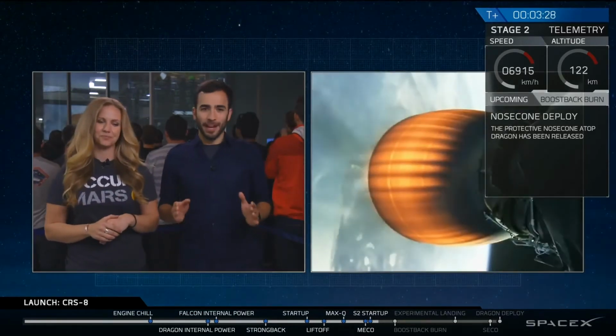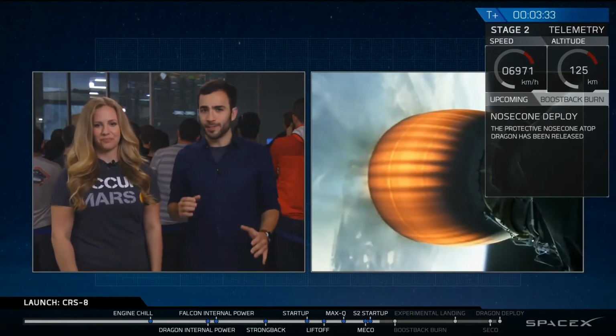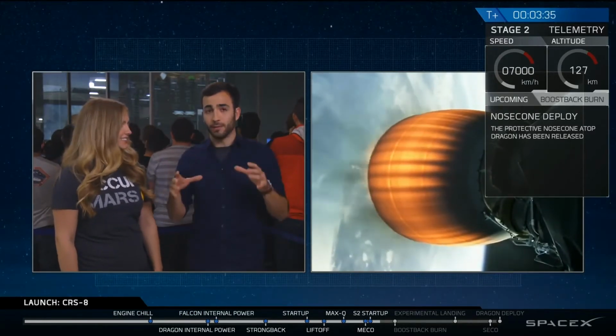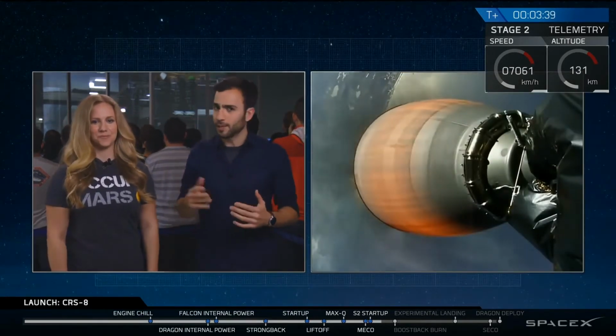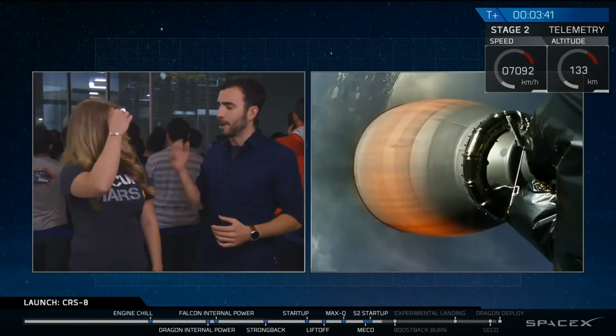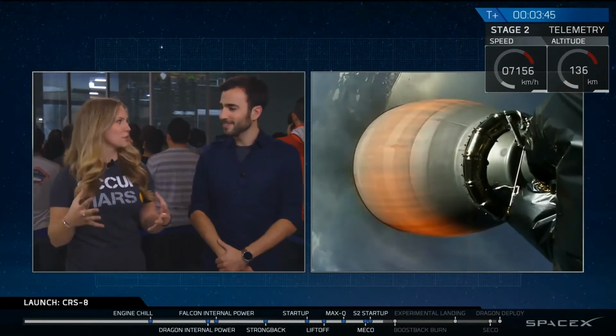One of my favorite shots. Now, there's a lot coming up in just a little bit. The cheering you're hearing right now means the nose cone has separated successfully from the Dragon. This is the aerodynamic cover that sits on top of the Dragon to protect it from the wind as it launches. The higher up we get, the less we need it, and it just becomes extra weight, so we pop it off. Exactly. Dragon still has a long way to go, but what we're going to talk about right now is